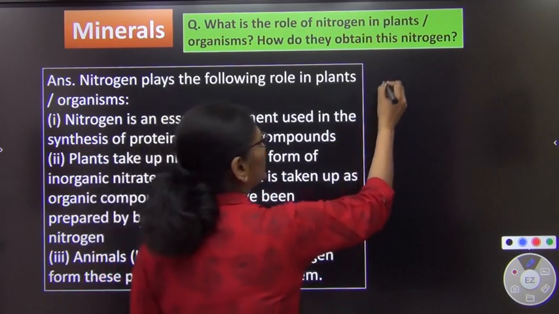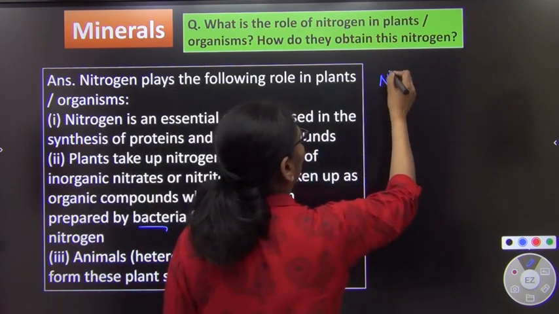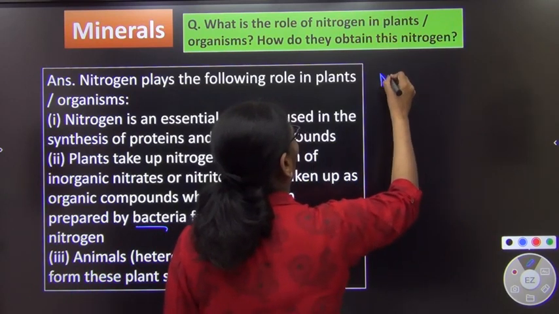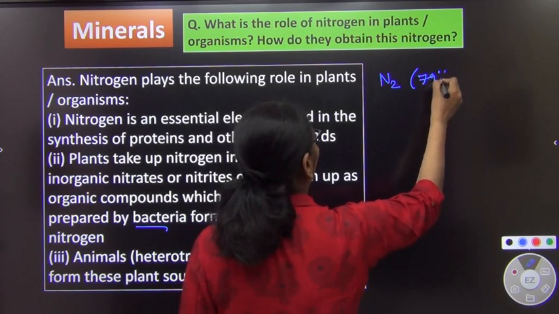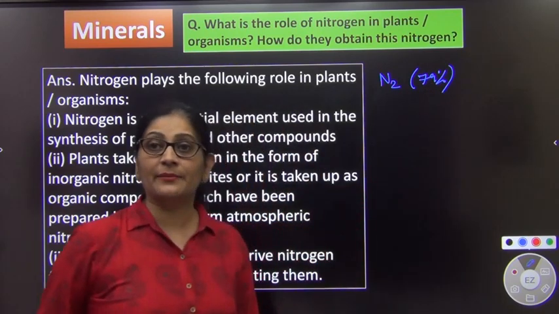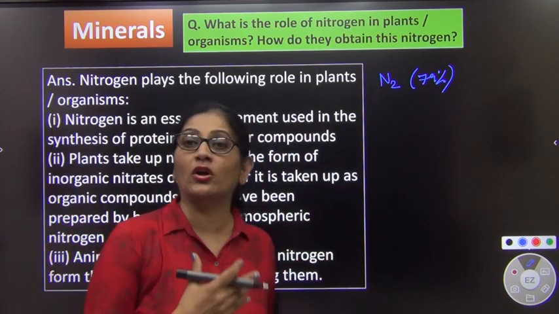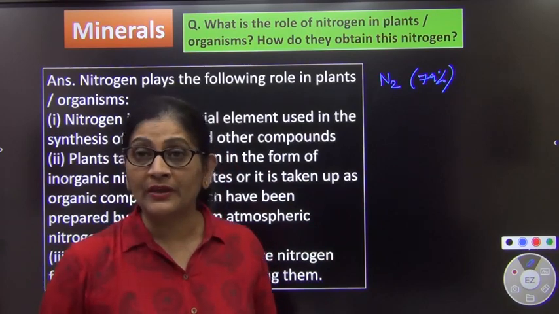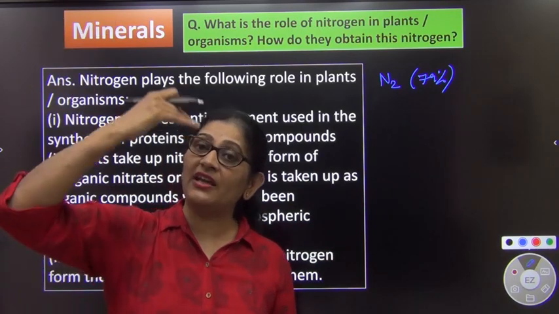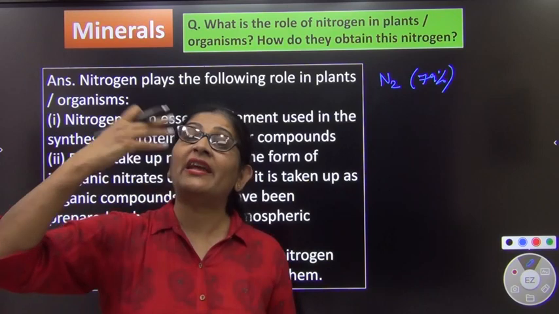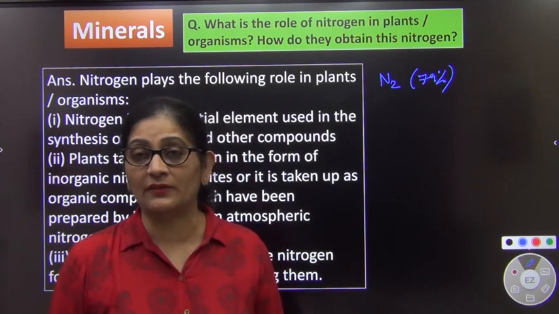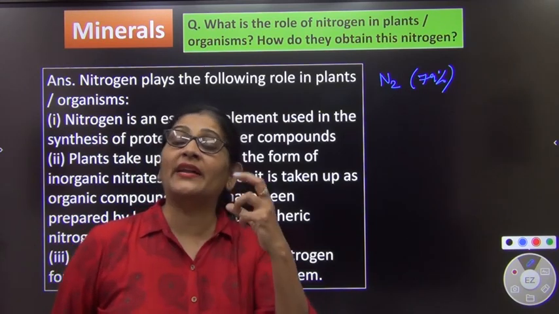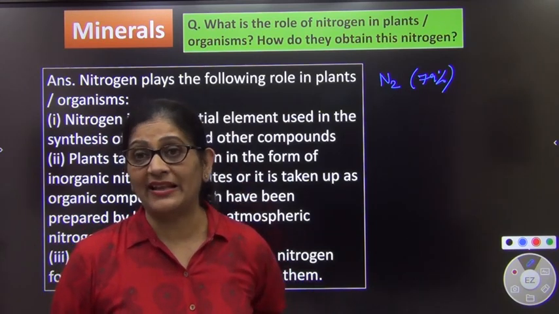We know that nitrogen is one of the most abundant elements found in the atmosphere. Atmosphere में nitrogen सबसे ज़्यादा है, approximately 79% है. And all living organisms, including plants and human beings, we all require nitrogen to make protein. जब हम सांस लेते हैं तो with air we take nitrogen. But when we exhale, जब हम सांस छोड़ते हैं, the entire nitrogen is given back to the atmosphere. That means we cannot hold nitrogen in our body. So we are very tensed.